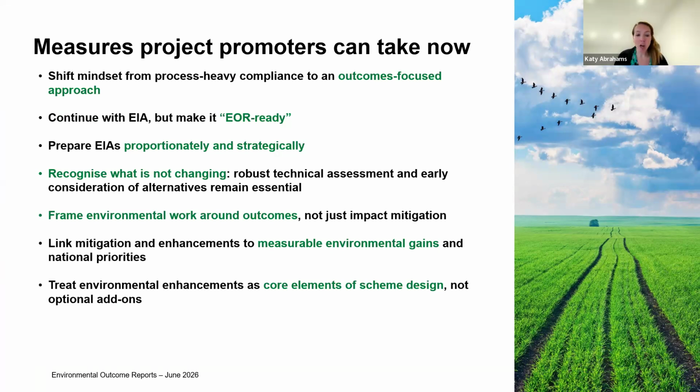So the starting point is that we are still operating under the existing regimes, and so it's very much business as usual for now. But for projects thinking of submitting applications towards the end of next year and beyond, there are a few things that could be done and considered to future-proof a PEIR or initial environmental assessment and the ES. And what I say obviously comes against a backdrop of there hopefully being adequate transition provisions. Obviously, the first point is that we should all be monitoring the forthcoming consultation on the EOR regs and the guidance and outcomes, because obviously the devil will be in the detail.